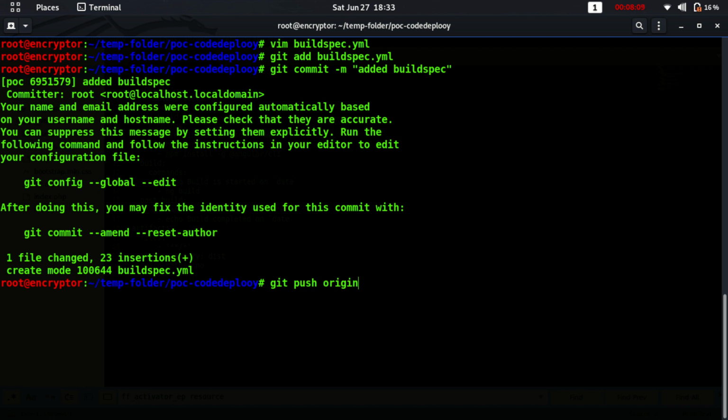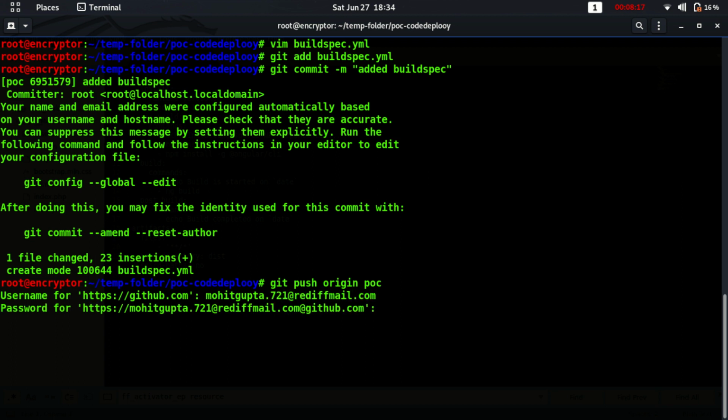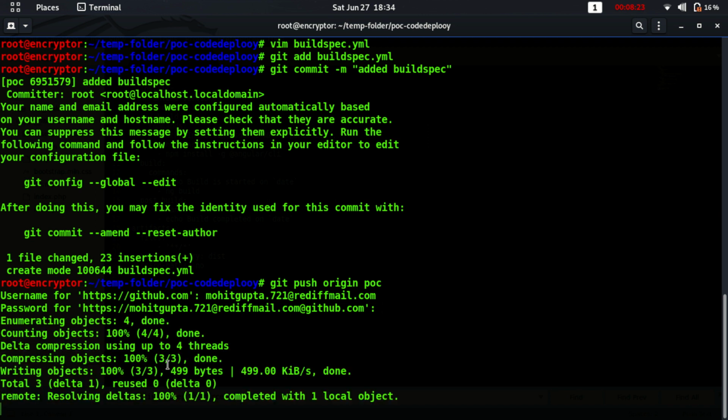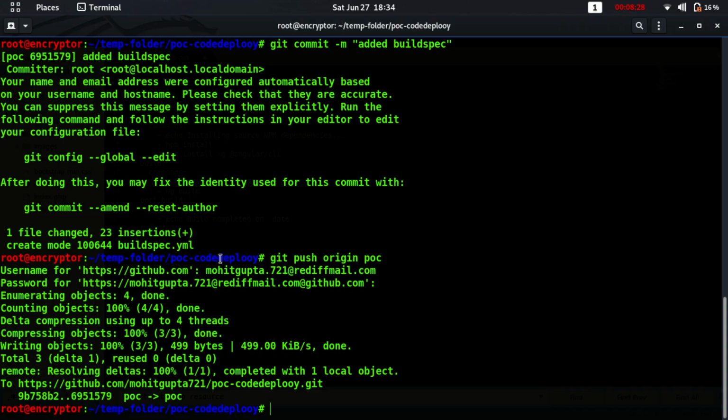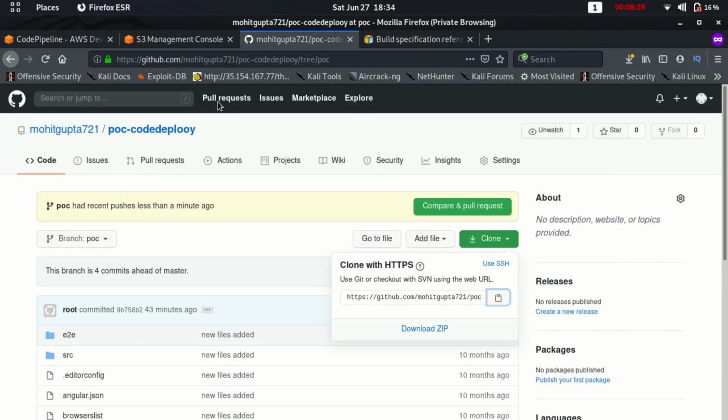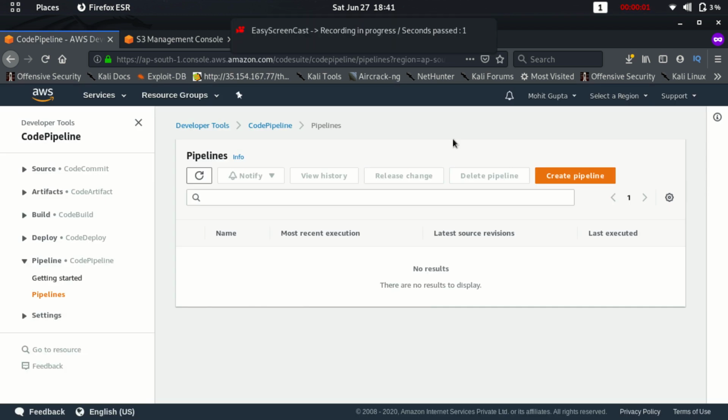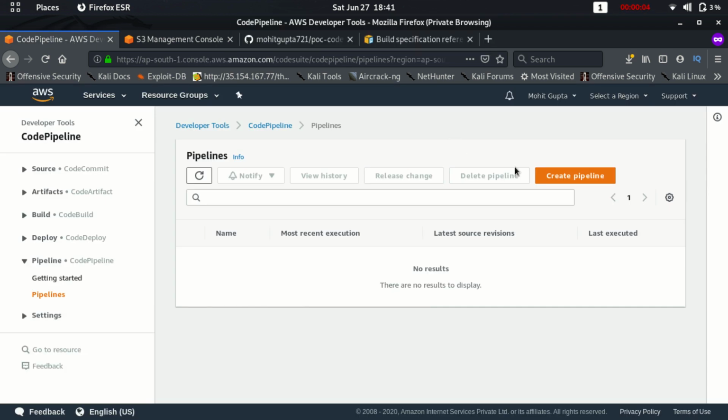Let's just push the code. So code has been pushed to my GitHub repository. So let's just create the pipeline.